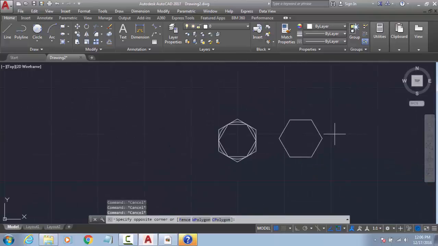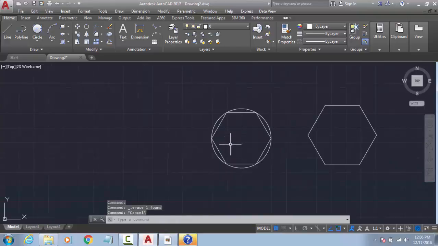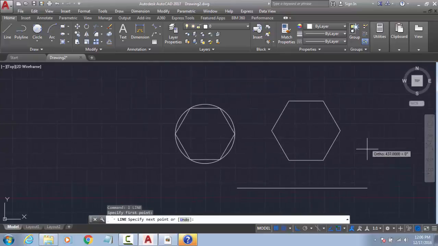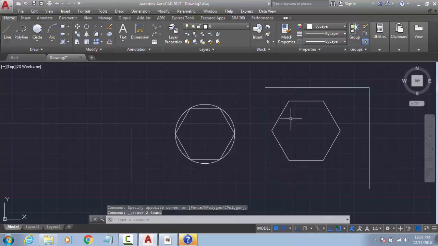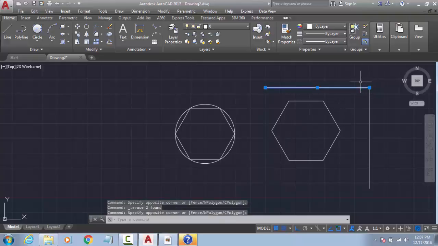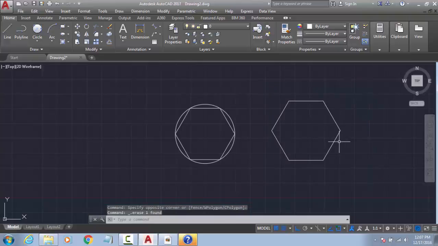Sorry, what happened? In fact, I am deleting this and I am turning on the ortho. What is ortho? This is ortho, okay. If I am making one line, this goes into 90 degrees only, X or Y. This is ortho mode. Whenever we are putting one value or selecting one point, the direction is needed, because